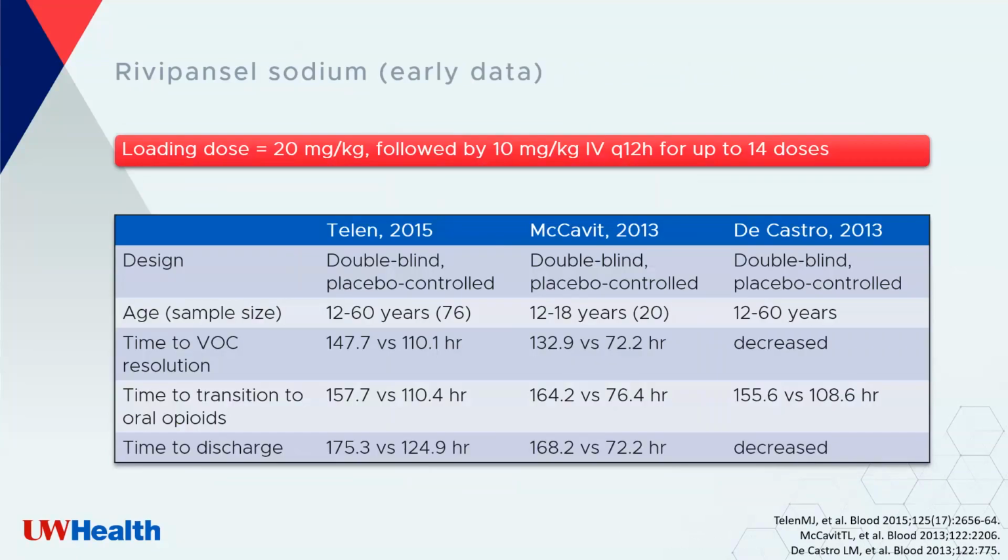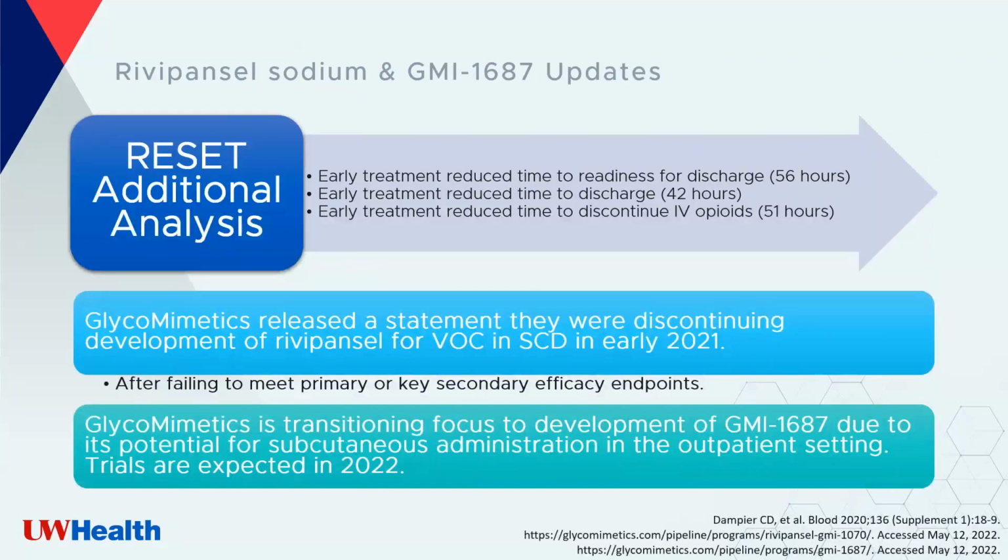These are noted trials, and this is early data for rivipansel sodium, where the loading dose is 20 mg per kg, followed by 10 mg per kg IV every 12 hours, up to 14 doses. Commonality amongst the three trials included here is that time to vaso-occlusion resolution was decreased, time to transition to oral opioids was decreased, and then time to discharge was also decreased, which may have one wonder why these might